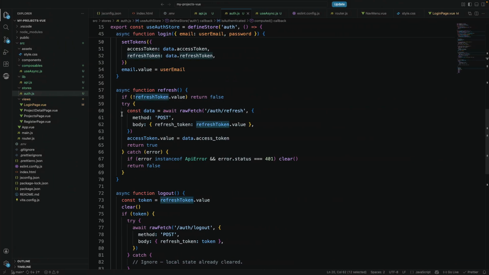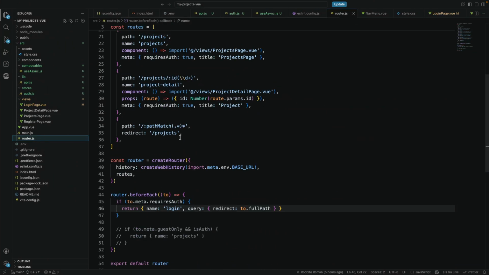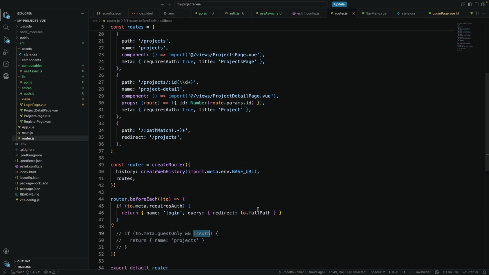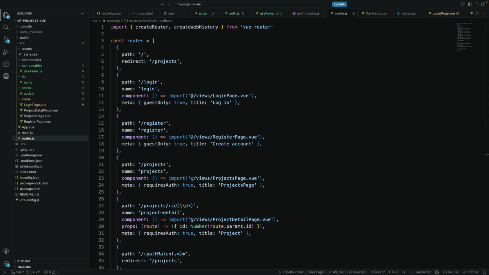But the reason that it's not doing the redirect is because I didn't finish putting the router. So we have here requires authorization. Always send me to login. So now we need to import if the person is authenticated. In order to do that, what we need to do is pretty much the following. Let me check my notes really quick on my router. Yes. So we need to import the use auth